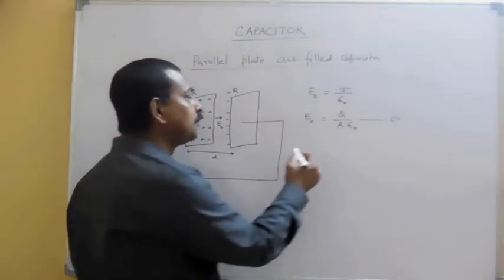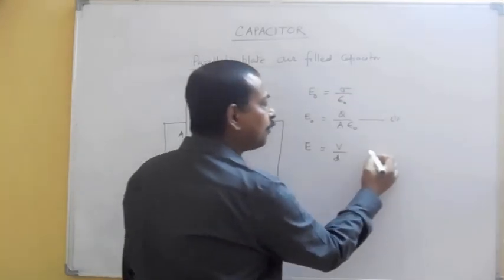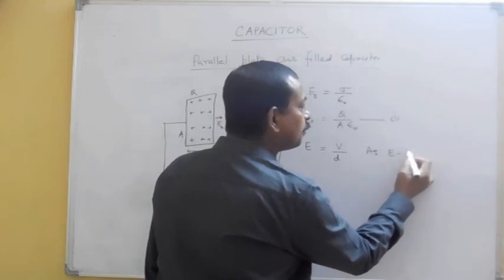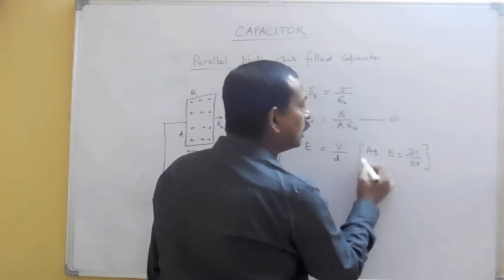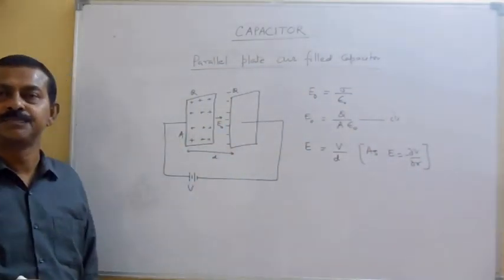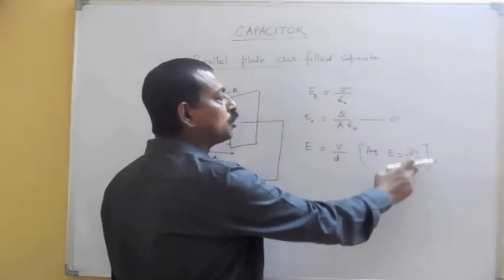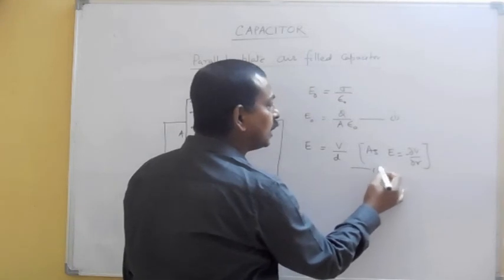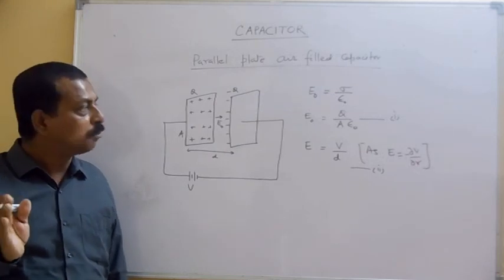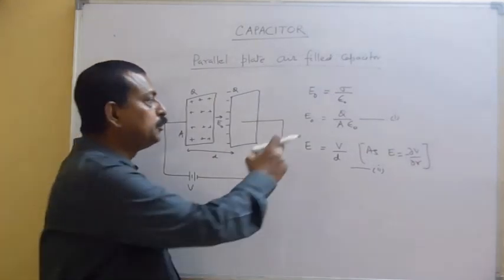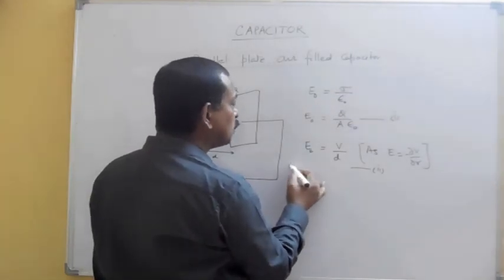Now we also have electric field written as V by d, as electric field is equal to negative potential gradient. So E is equal to V by d, and that is basically E equals minus del V by del r. We can write this as V by d because V we have taken as the potential difference between the plates of the capacitor. Now, if you compare the two, then we can write from equation 1 and 2,